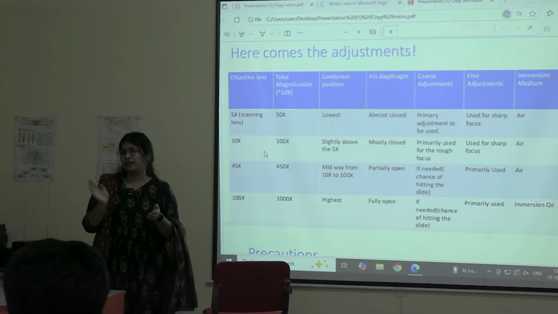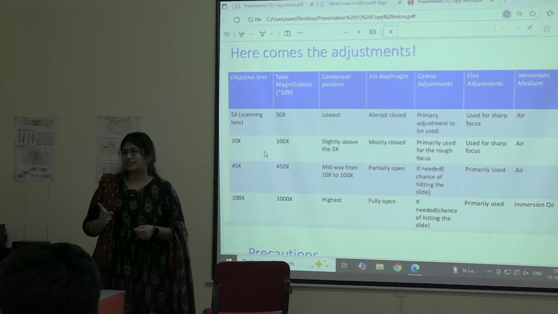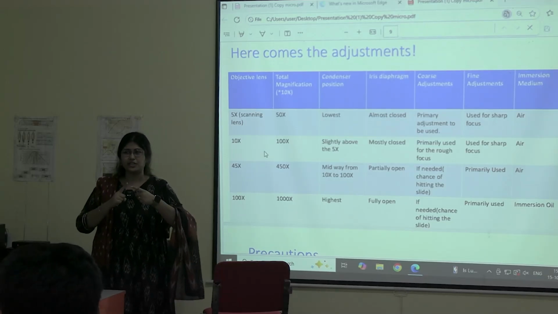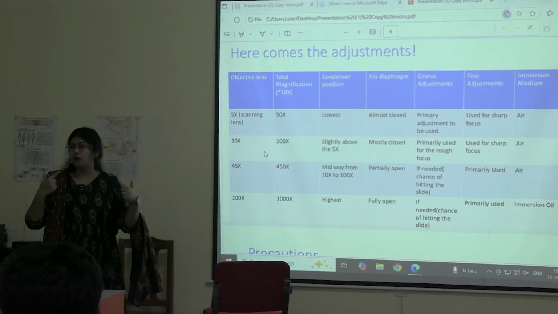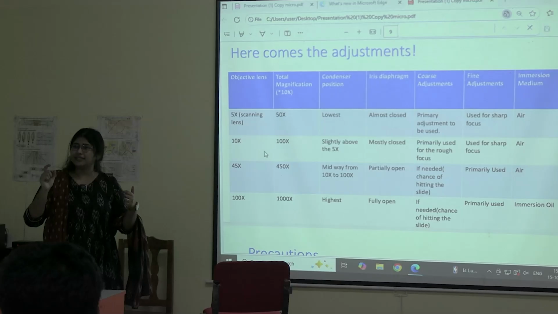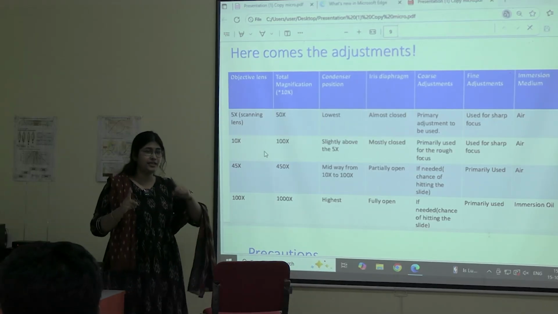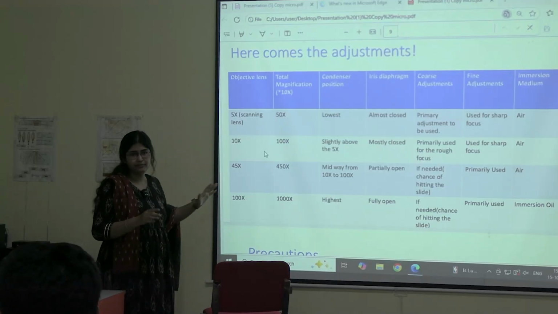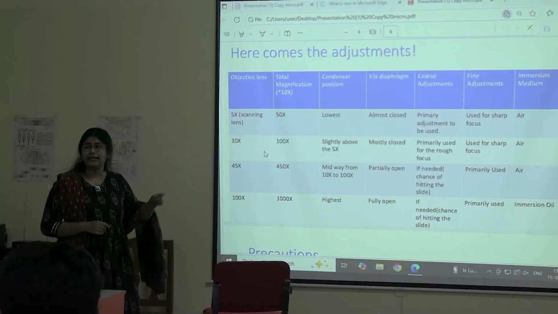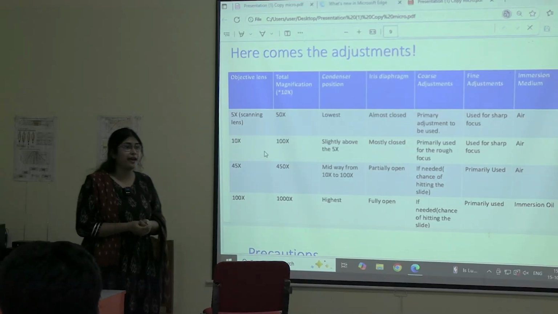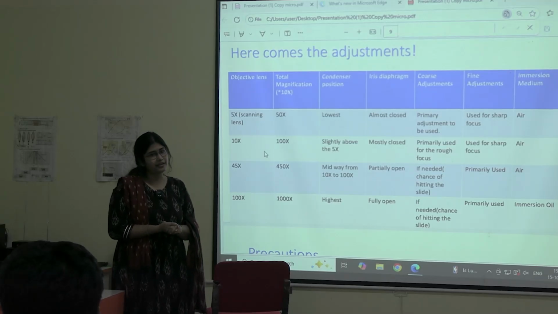Very good, clap for him, everybody. That's because of the eyepiece. Eyepiece has 10x power. You remember that magnification is the multiplication of the power of the lenses we use. We are using objective lens 5x and we always use the eyepiece, so 10x is going to be there. Hence, we multiply 10x into whatever power of lens we use. So 5x will have a total magnification of how much? 50x. And 10x? 100x. Very good. And 45x? And 100x? Very good. Understood?